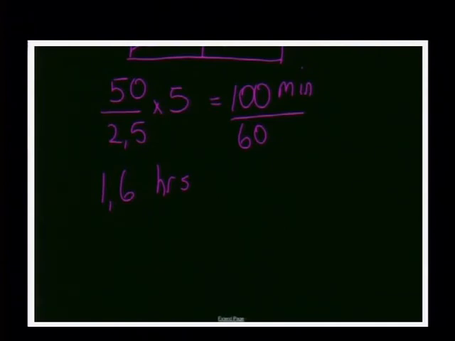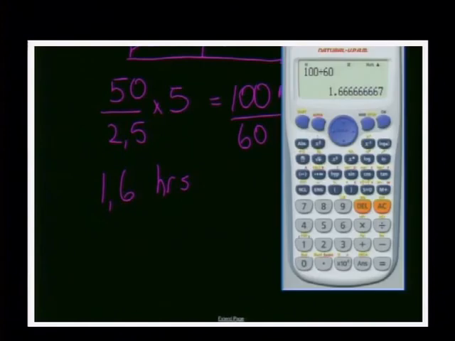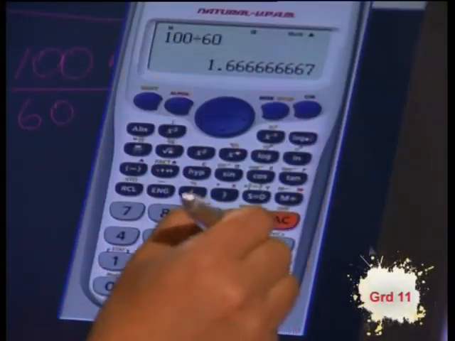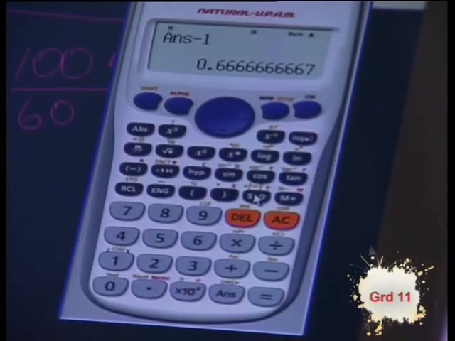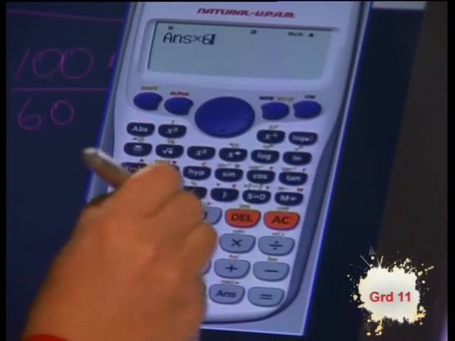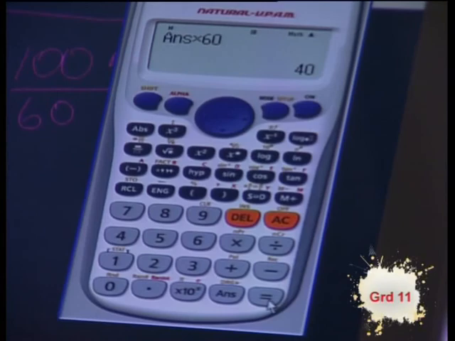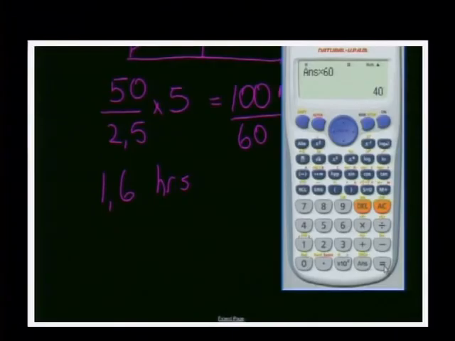I can do this two ways. I can take that and times by 60. So let's try that first. I'm going to just delete the 1. So I've got my fraction, there's my decimals, and times that by 60, and you'll see that it's 40 minutes. So it's 1 hour